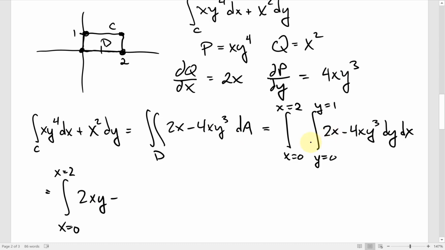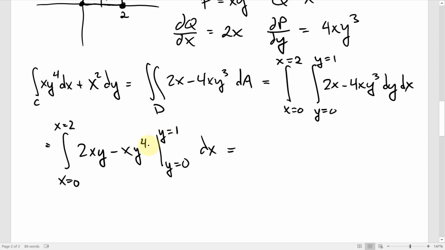So integrating with respect to y, I got 2xy minus, integrating this with respect to y, that'll become a 4. I divide by 4, so this is actually xy to the fourth, and I'm plugging in y equals 0 and y equals 1, and then I'll finish with integrating with respect to x. So plugging in y equals 1, you get, from x equals 0 to x equals 2,